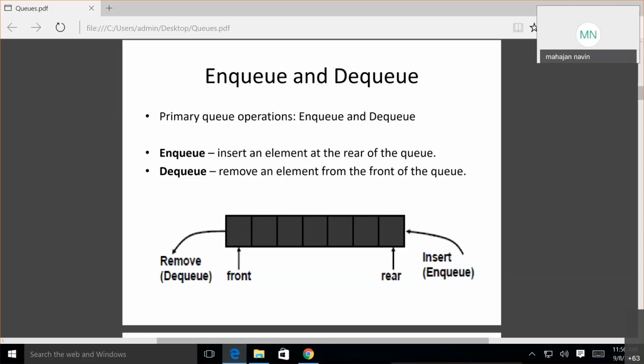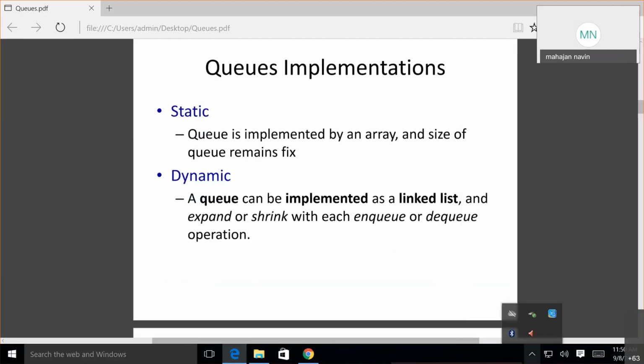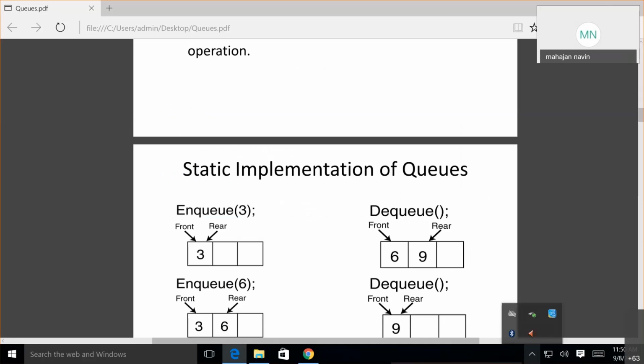Now queue implementations. It can be implemented statically: the queue is implemented by an array, and the size of the queue remains fixed. Dynamic: a queue can be implemented as a linked list and expanded or shrunk as and when we want, so we can increase and decrease the size. Now how is it done?